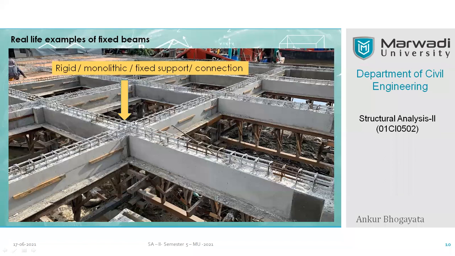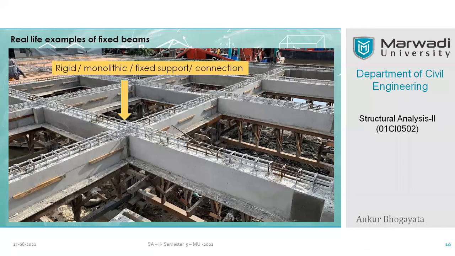Our main interest is, you can see this connection. Just focus on this connection. This is typically repeated at every joint. You can see here every joint, right? It is similar. So what happens is, the reinforcement is first of all arranged, then the insertion of one beam within the other is done, right, by slipping in the reinforcing bars and properly tying them up. So what you are doing, you are interweaving the steel basically. And for RCC, the fixity depends on how nicely you are fixing your steel bars with each other.